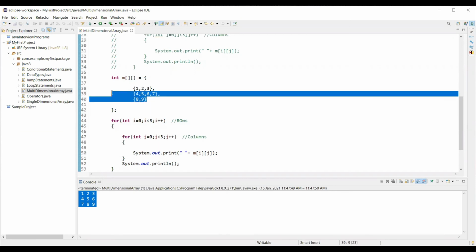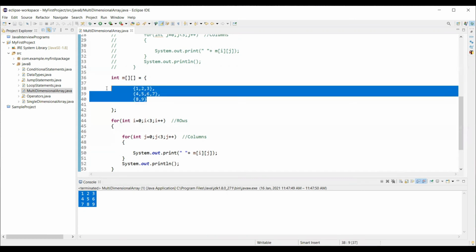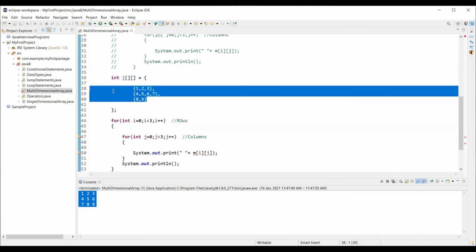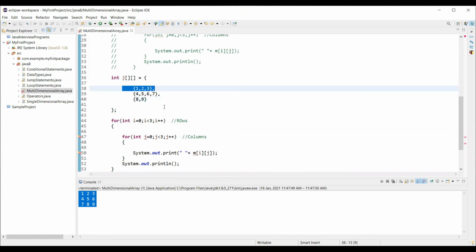Like in my two-dimensional array, I have 3 rows or 3 array objects, but each array has a different number of elements in it. This is what we call a jagged array. So we have array objects within the two-dimensional array, but each array object has a different number of elements in it, and this is what we call a jagged array.